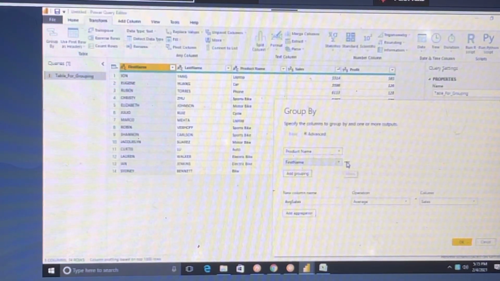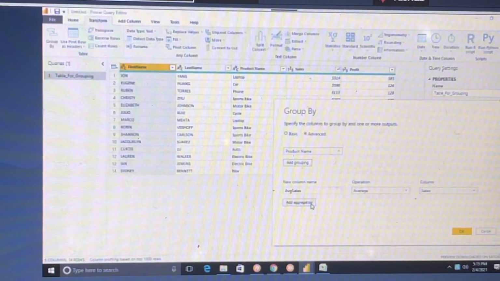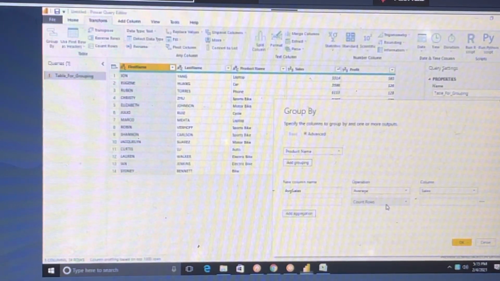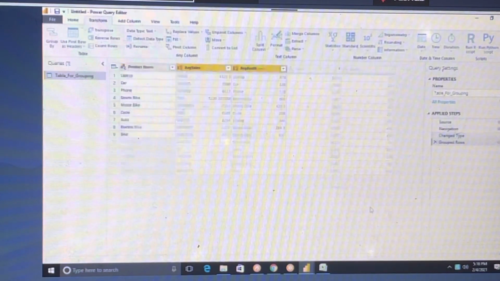If you don't want one, you can delete it. Again click on add aggregation, now take average profit. Click on profit, give it the name average profit, click OK.